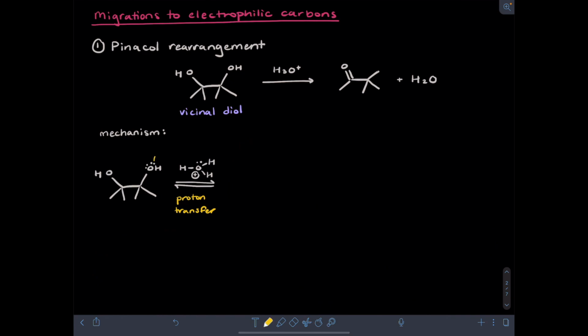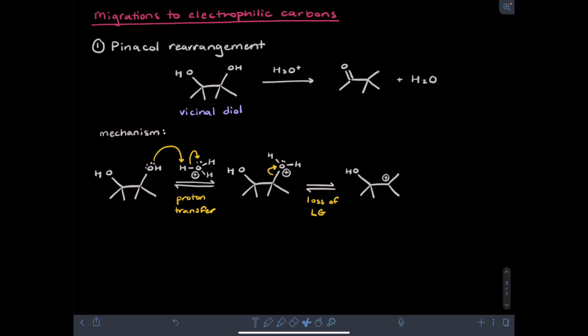I'll use one of the alcohols as the base to deprotonate hydronium. This step forms the conjugate acid of the starting material, where one of the oxygens is now cationic. This cationic oxygen is now a good leaving group, so I can have a loss of leaving group step to generate a carbocation intermediate. This step has generated the water byproduct, and in this particular example, a tertiary carbocation has